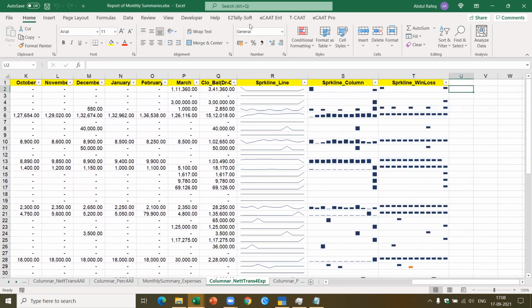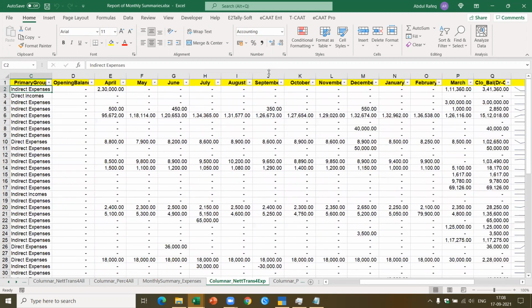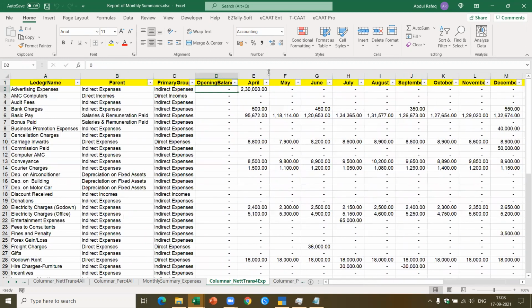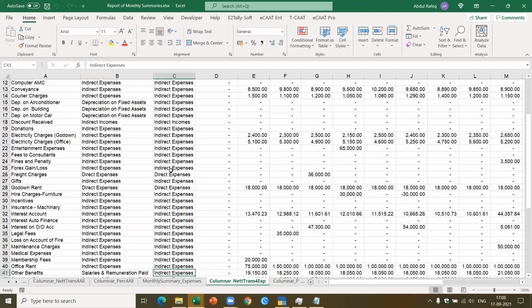In fact, now in the new version, we are trying to shift the spark lines and the graphic analysis to the right side. So at one glance, you'll be able to know, for example, rent has to be paid at a uniform rate, let's say 50,000 rupees for 12 months. You'll be able to get a complete picture whether all the expenses for rent, 50,000 rupees, have been paid for the year and whether any provision is required. You can get a complete picture of all the transactions in one go here.